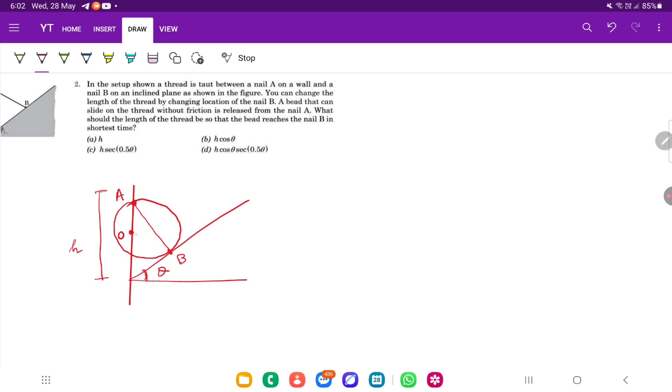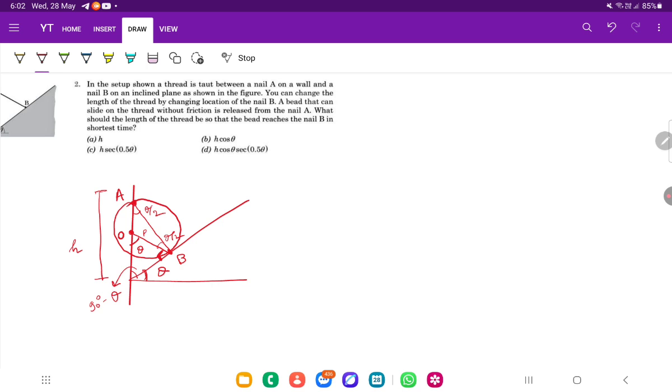So I'm joining OB, and as this one is theta and O is the center and inclined plane surface is tangent to the circle, so this angle must be 90 degrees. So this angle will also be theta, because this one is 90 degrees minus theta, and this angle is 90 degrees, so the marked angle is also theta. And using the concept that exterior angle equals the sum of opposite interior angles, you can write these two angles as theta by 2 and theta by 2. Okay,